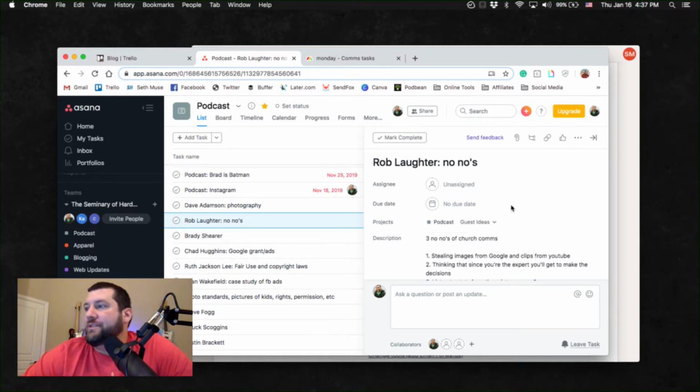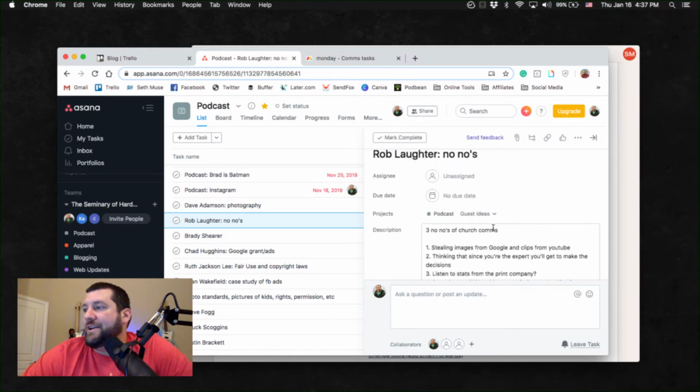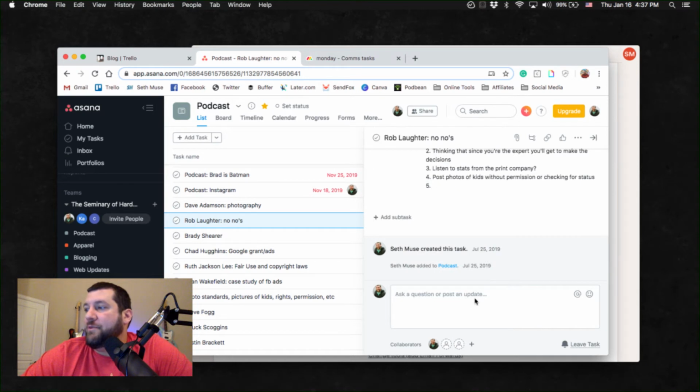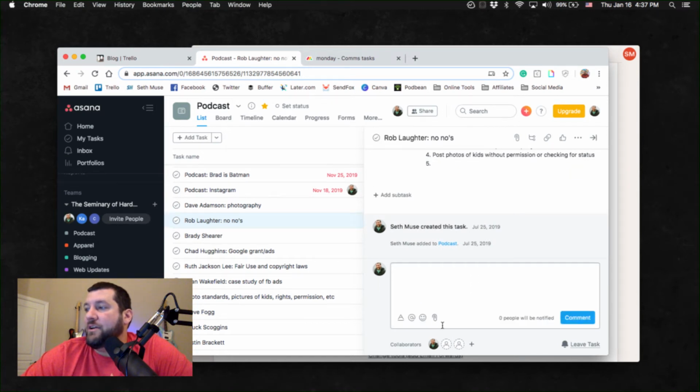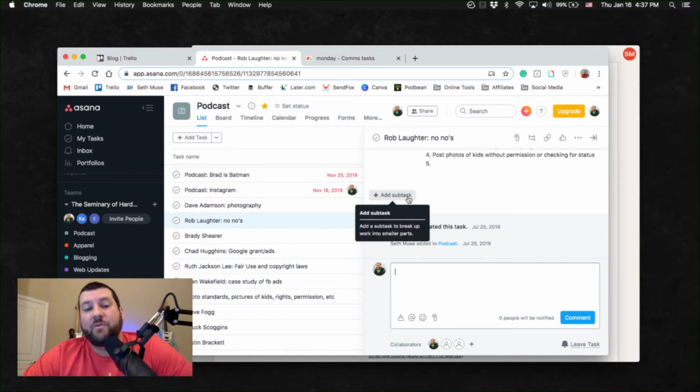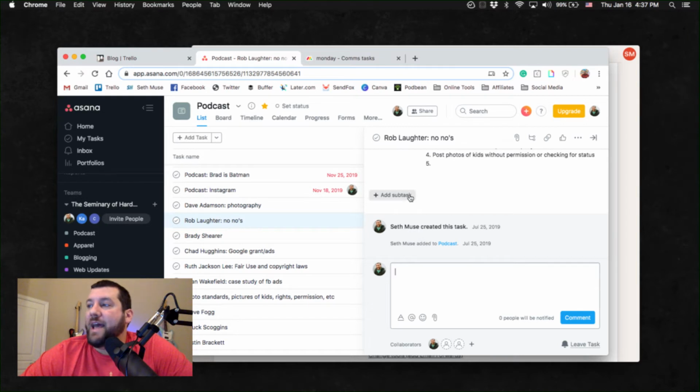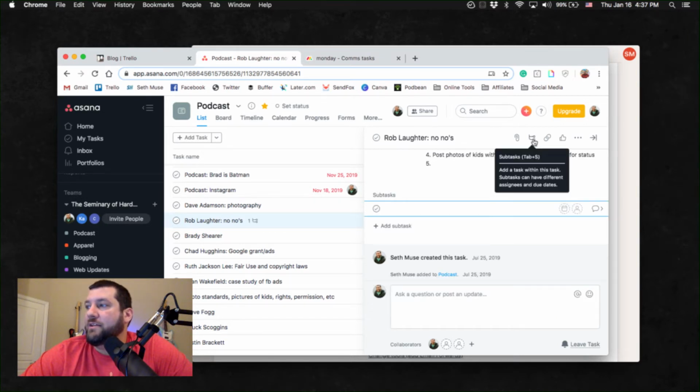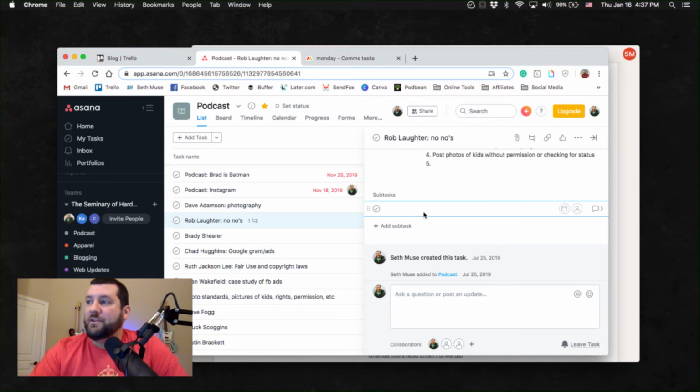So here's the assignee, due dates, project. It's assigned to, you can move things around. You can write your description, and then you can communicate with people on that task here. You can attach things to this project. The thing I like about Asana that Trello can't do, that I wish it could, is it can add subtasks. So when you hit subtask, it's like hitting the same thing here. I can do that as well. You can add other subtasks to it. So like you can do,